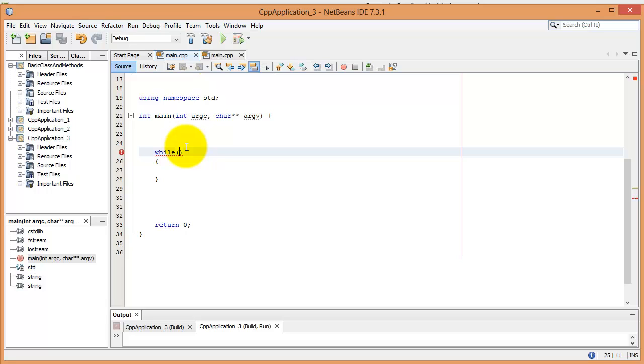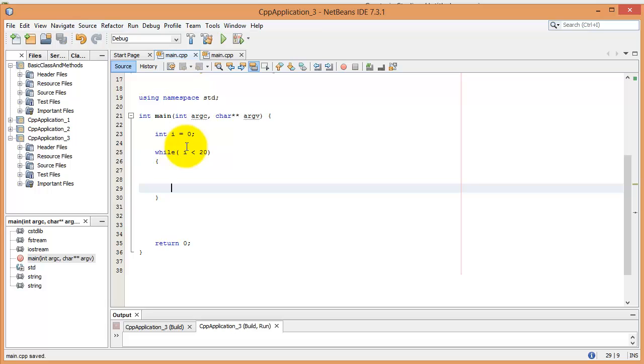So for instance, if I want to go through a while loop and check that I is less than 20, even though I haven't created I yet, I can do that. So I can make a variable here called int I is equal to 0, and I can iterate through I. Now, if I run this loop right now,